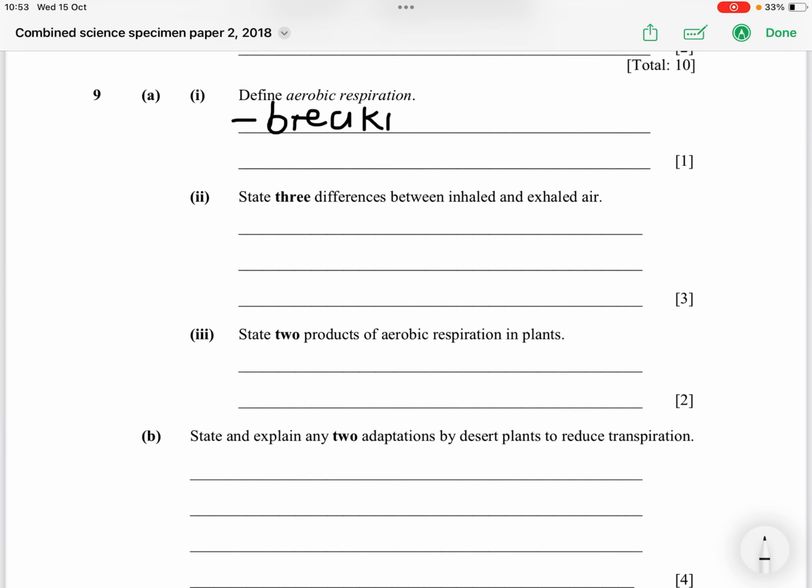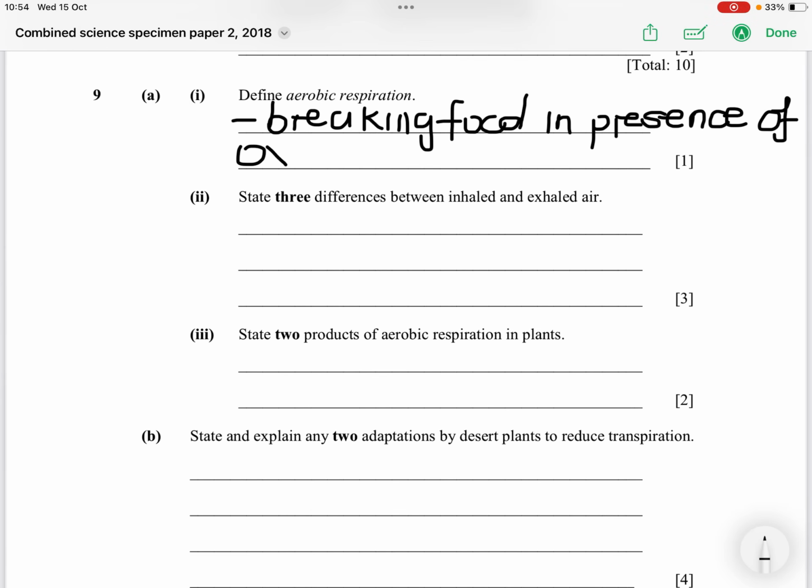We are breaking food, in presence of oxygen, in order to produce energy. And then next,